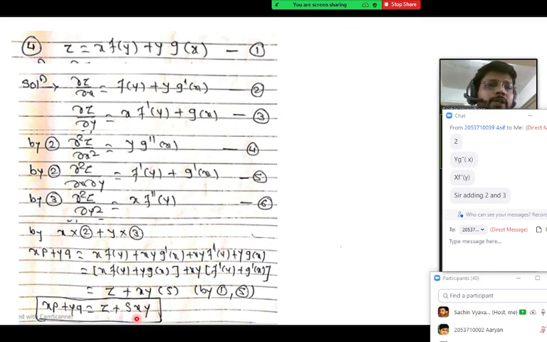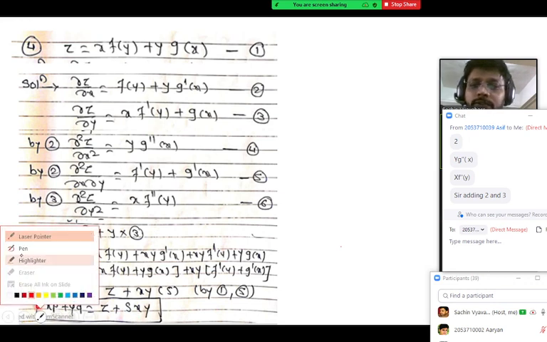Or you will get del 2 z by del x square equal to minus f, and del 2 z by del y square equal to plus f, and then you add them and you will get r plus t equal to 0 that way. We will not go into the detail there. Another important thing: on formation of differential equations, in the last 4-5 years not a single question has been asked, not even for one mark. Even though questions are not coming in the exam, this article is very important to understand when you write the solutions of differential equations later on, because in the first part of this topic we are going to